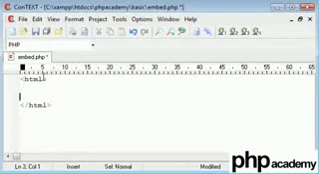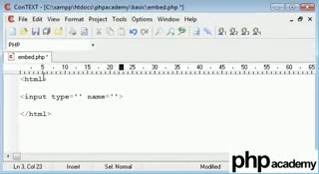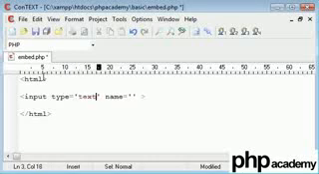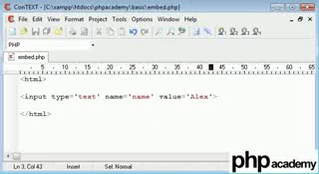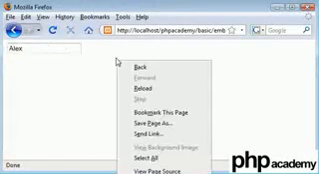useful ways. Now if you do know a bit of HTML, you'll know the input tag is to input text. So let's say type text, the name of this will be name, and the value is going to equal Alex. Now if I come here and refresh this, you can see that we've got a text box here with Alex